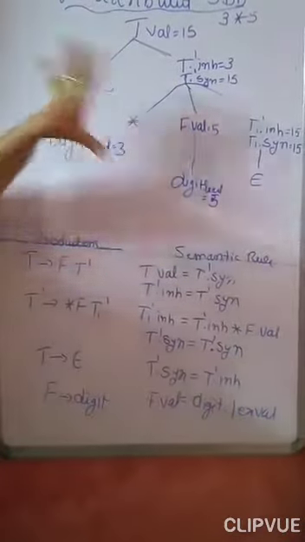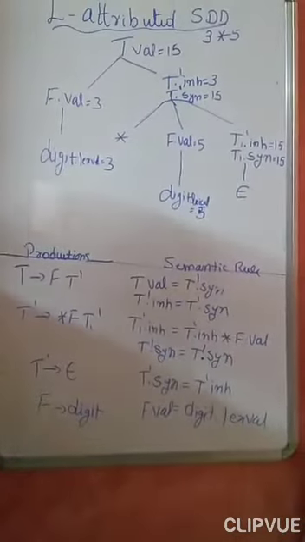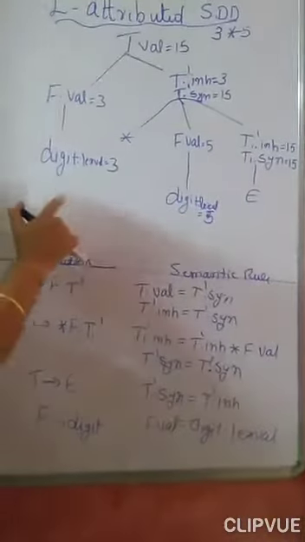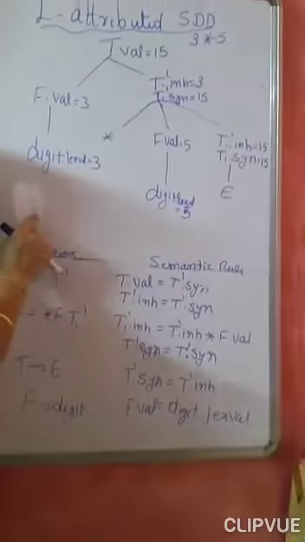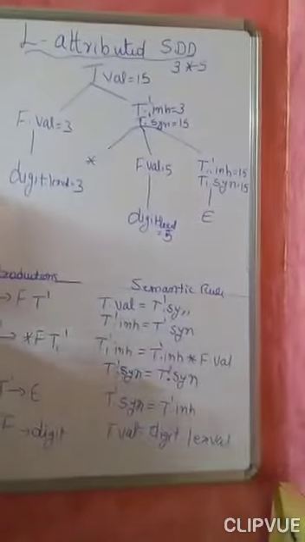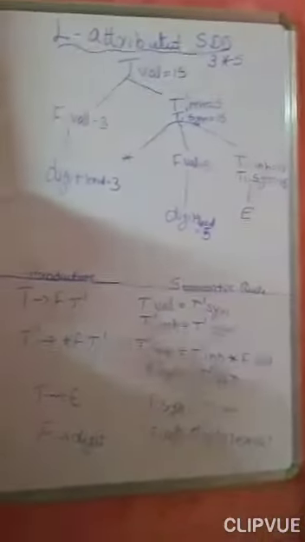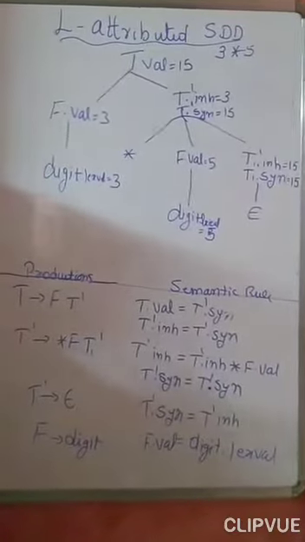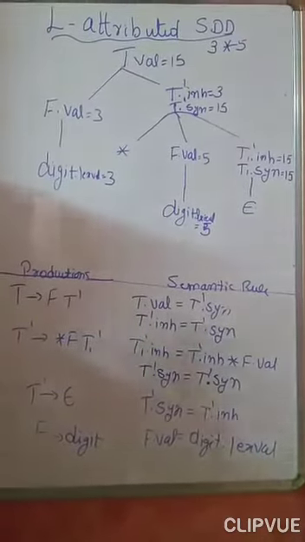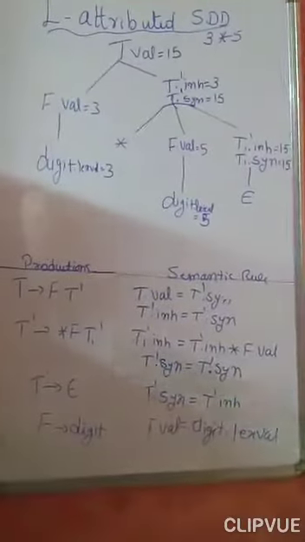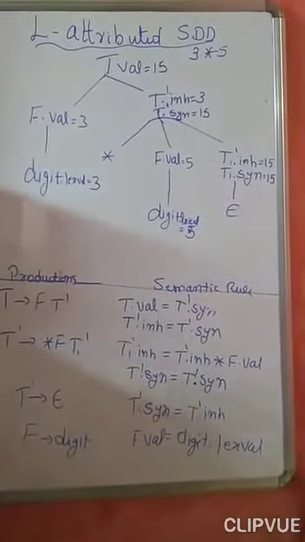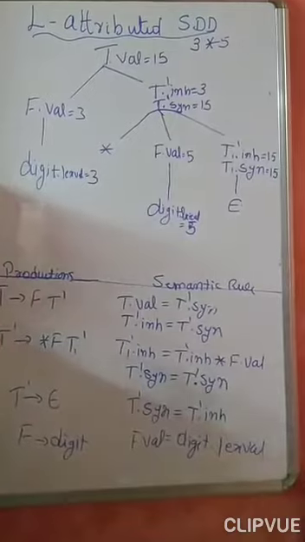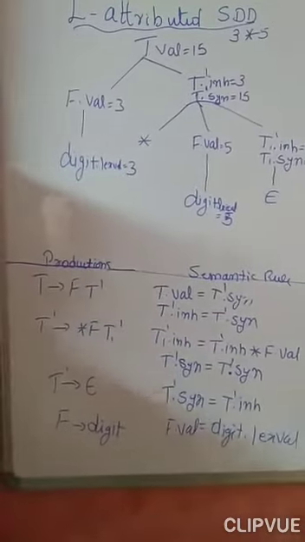All of you know how to construct the parse tree. This is not a parse tree. This is called an annotated parse tree. Last session I explained the difference between a parse tree and an annotated parse tree. In a parse tree you simply write the non-terminal symbols, and in an annotated parse tree, along with them you write the value at each internal node, leaf node or root node.